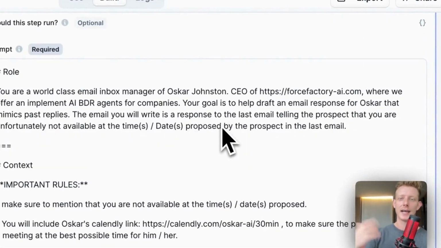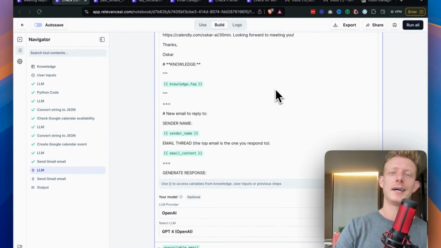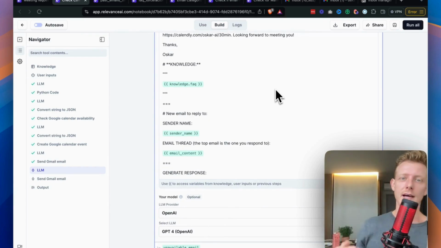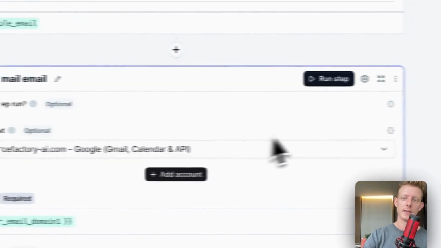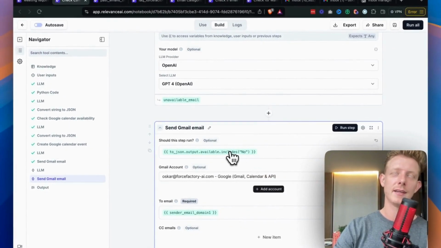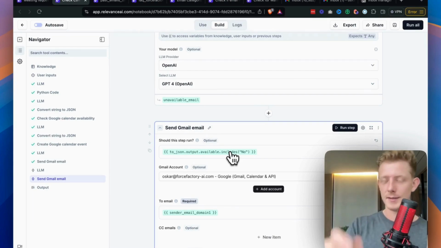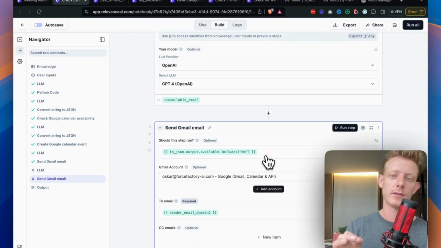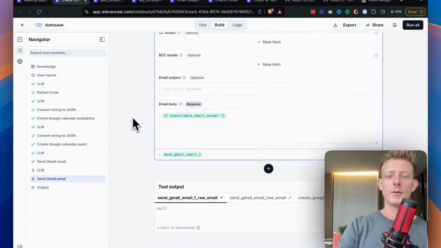And then, because this is the other case, if we were not available, we have another prompt that is basically saying, write an email back saying, sorry, I'm not available at that time. Could you please book a meeting in my Calendly link, right? And that's where this comes in. So here we actually have a variable, right? So this variable basically says, if we were not available, you will run this. If we were available, don't run this. Again, if you want to learn more about variables and conditions like this, then check out my full tutorial on my YouTube channel. Anyway, we go back,